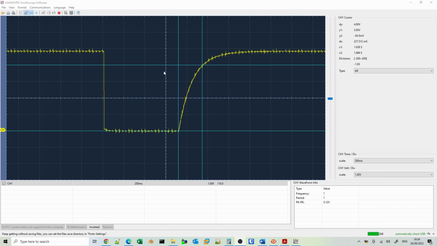Now what I've done here is put some measuring lines on here, so we can see here that the signal level from here to here is shown in the delta. So I've shown where the delta in the voltage is 4 volts. This is what the data sheet says, that the microprocessor should come out of reset state when the reset signal gets to 4 volts. Then I've measured how long it takes on the x-axis here between the start of the coming out of reset and the end of it where it crosses 4 volts. And what you can see here is that this is actually 227 milliseconds.